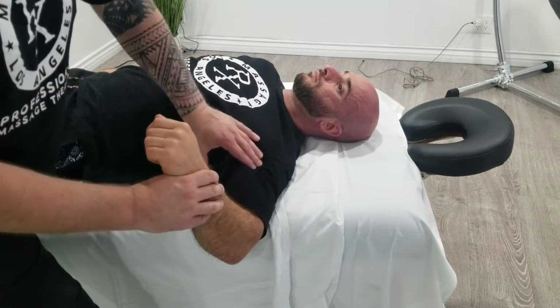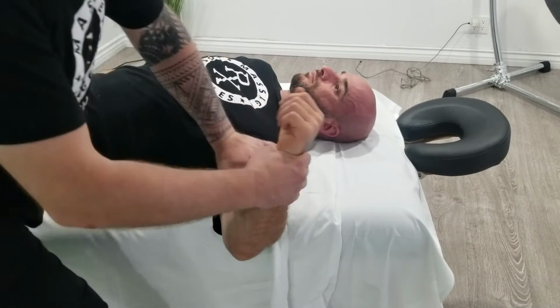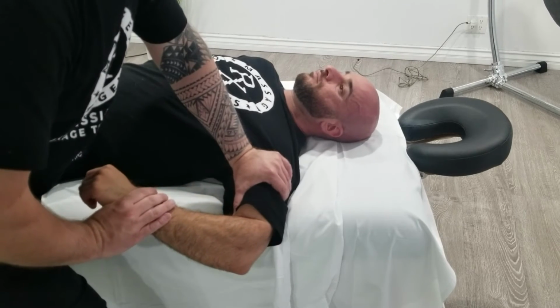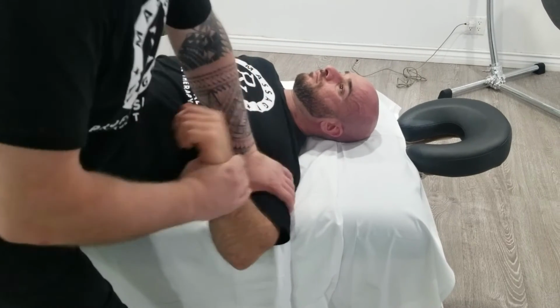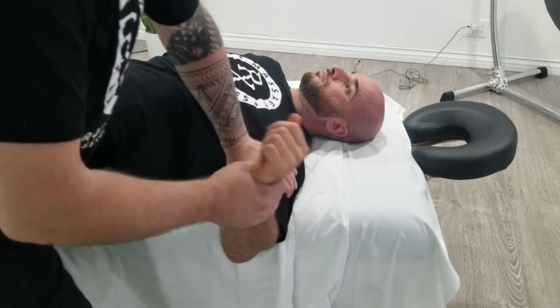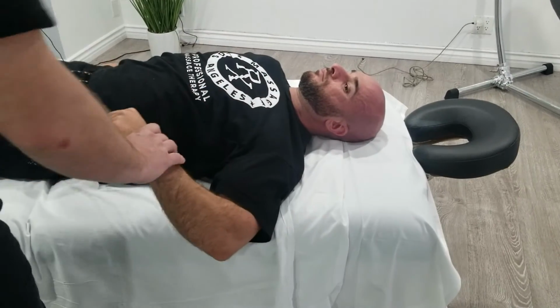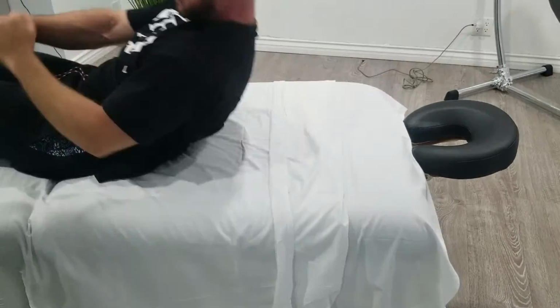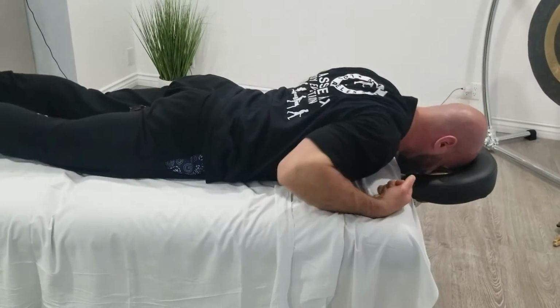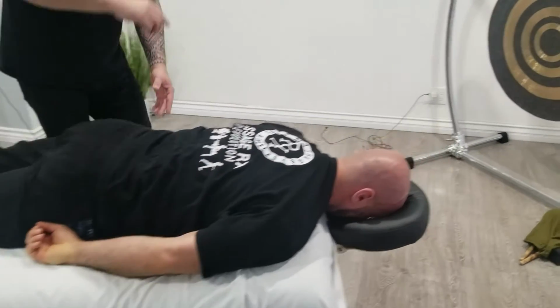If I palpate that, and I'm going this way, do you feel any pain? Great, this is excellent. Now what we're going to do, we're going to check the shoulder mobility, and we're going to ask Ilya to turn face down. Go ahead, turn face down, and we have to go on this left shoulder. If you come up here,